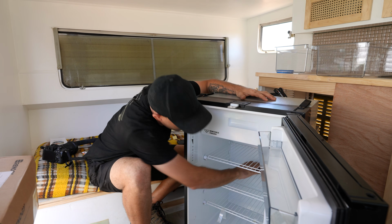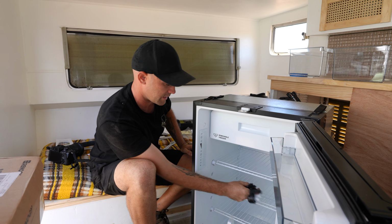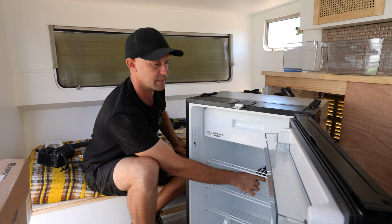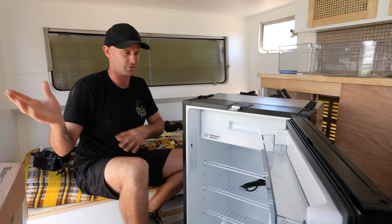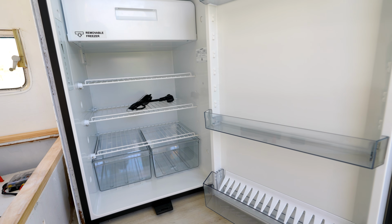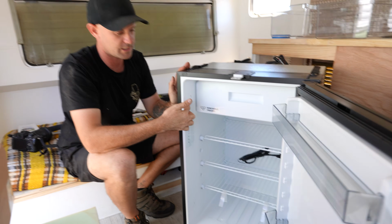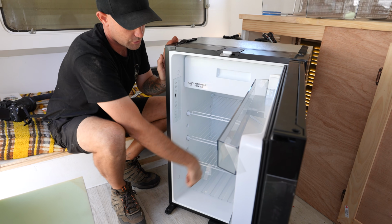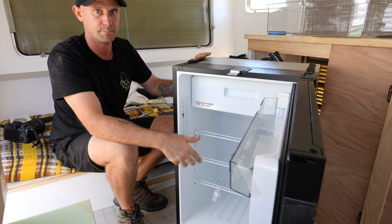Or you can use this 240 volt cord, which is currently zip tied there. I've got to cut it off. But so you've got 2 options there. You can run it inside if you wanted to, or you can run it on 240 in your caravan. I've wired that up. We've just got to push it in, and then you screw it from the inside. So there's 4 screw holes, one there, and on the opposite side as well, to screw it onto the frame